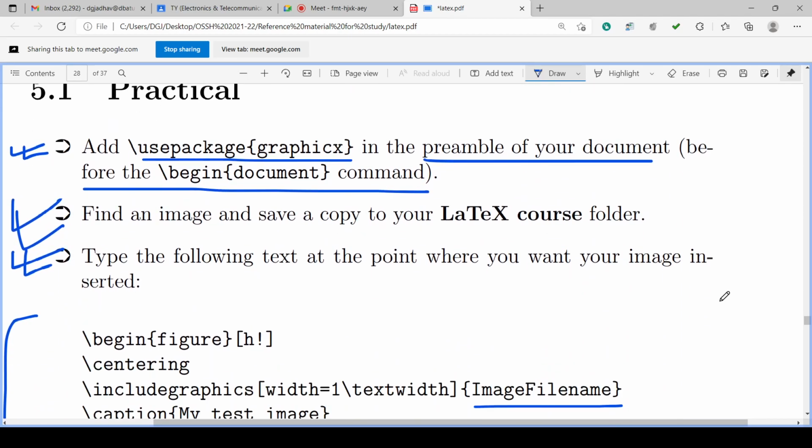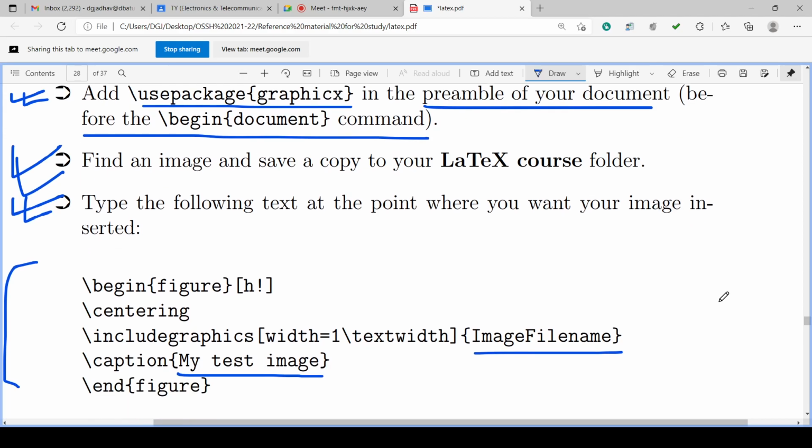And the practical we have discussed. We have to add use package graphics in the preamble before the backslash begin document command. We have to find the image and save a copy of the image into the LaTeX folder where the tex file is.